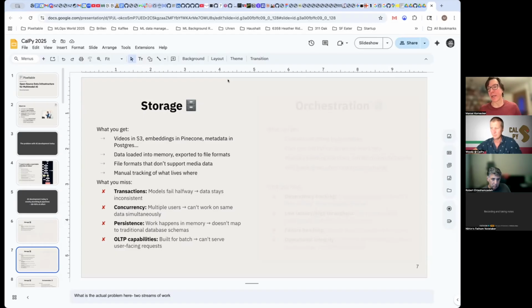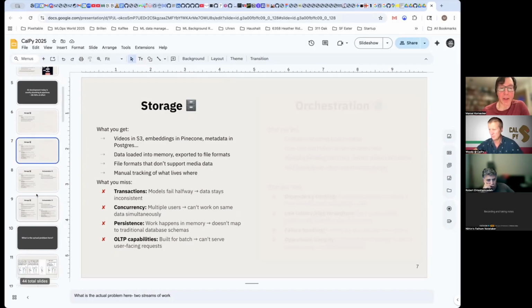You don't want it to happen in memory and then go away at the end of the session. And you typically also want to work at a granularity that is not batches, so you want to do it one row at a time, oftentimes. So this is what you're usually dealing with on the storage side when you're creating AI applications.